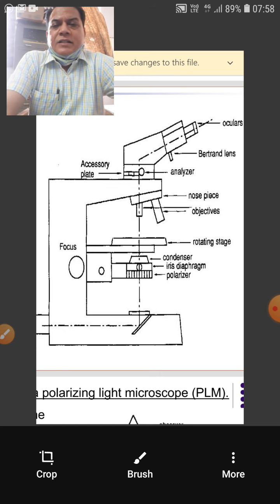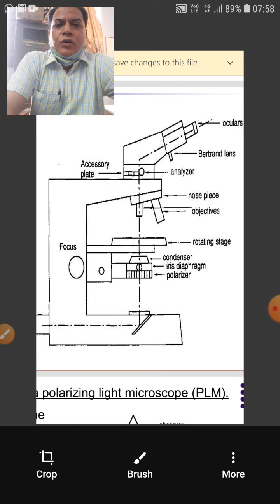The plagioclase are very easy to identify. First of all, because they are feldspars, they are colorless or a bit turbid or cloudy on account of alteration. Second, they have a lath shape. Lath shape means they are better grown in two directions compared to the third direction. And the fourth is they have polysynthetic twinning, meaning alternate light and dark broad bands will be there. On rotation, the dark part will become light and the light part will become dark. This is polysynthetic twinning, which is characteristic of plagioclase feldspars. So it is very easy to identify plagioclase feldspars in that way.